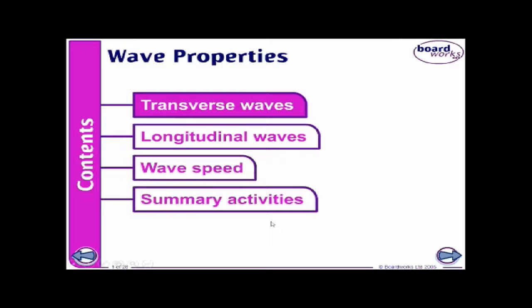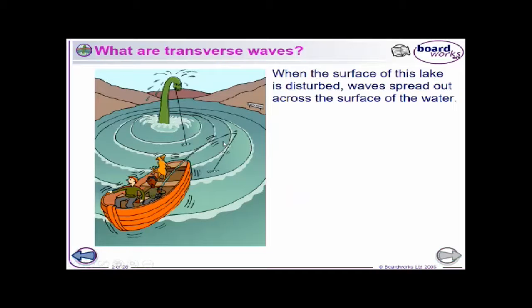So, waves. We're going to start off looking at the properties of waves and how we can classify them into two different groups, transverse or longitudinal waves. Now, a typical wave that you can think of is a water wave, a ripple on the surface of a lake. The ripple travels away from the object that's causing it. The object that's causing the wave tends to be something that is vibrating or moving, and the wave travels then